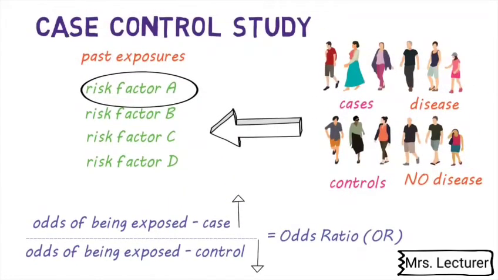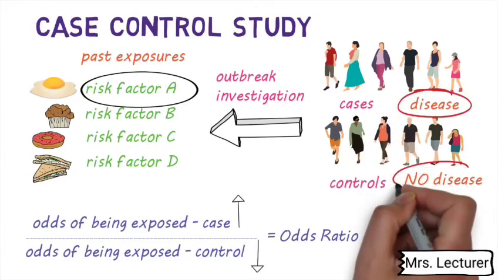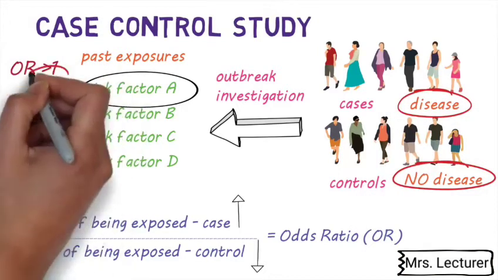Case control studies are commonly used in food-borne outbreak investigations. For example, we can compare the odds of eating different kinds of food between people who fell ill after consuming a meal and those who didn't. If the odds ratio is greater than 1 for a particular type of food, then it's possibly the cause of